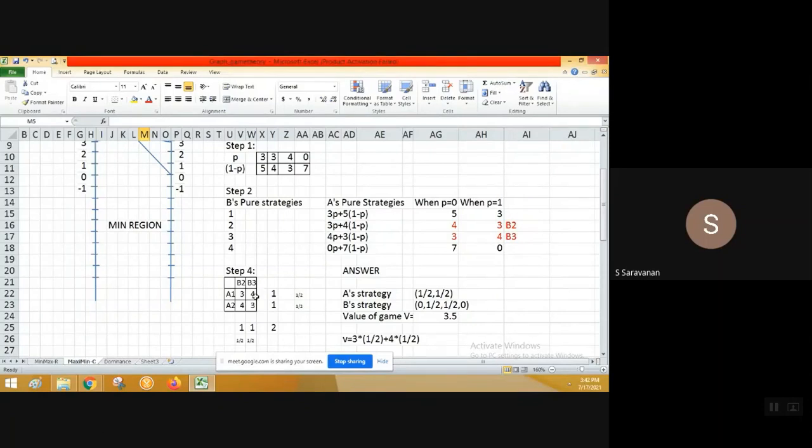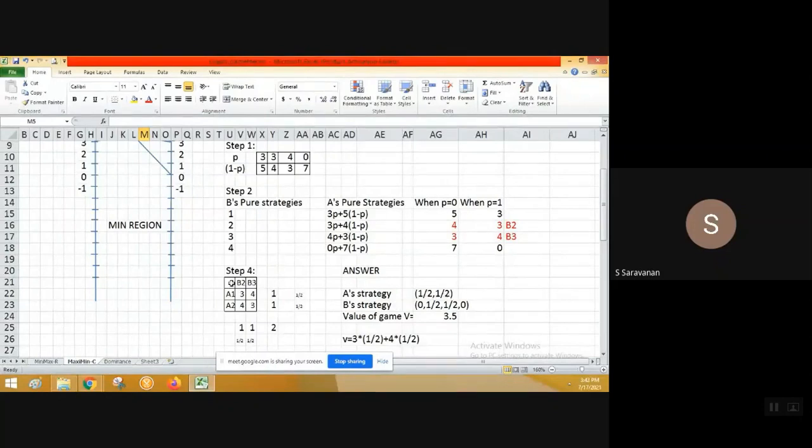Okay, so 3, 4, 4 and 3. From the question I have copied, the difference between 3 and 4 is 1, and 4 and 3 is again 1. So the summation is going to be 2 from either of the sides. So 1 and 1, just to make a crossing. So the missing parts are 1 by 2, 1 by 2. Here also the missing parts are 1 by 2 and 1 by 2. So for A1 and A2, it's clear because A has only 2 strategies. So 1 by 2, 1 by 2.